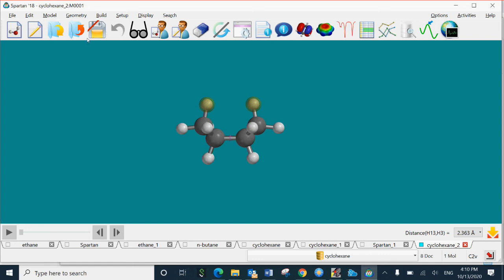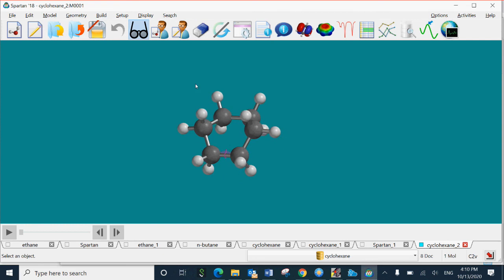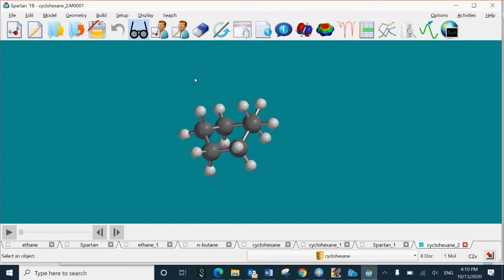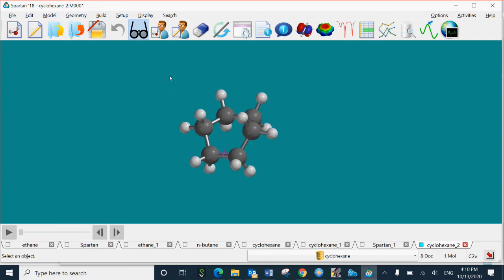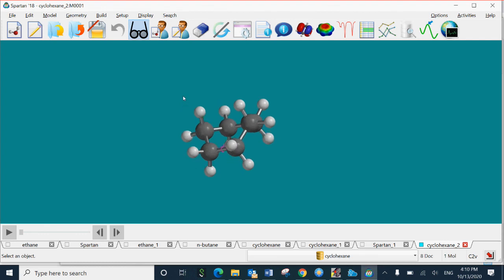Another thing, you need to find the number of eclipsing interactions in the boat conformation. Here also you need to orient the 2 hydrogens, adjacent carbons, one behind another. In this case, this carbon and this carbon I am aligning, and you see around these 2 carbons, is there any eclipsing interaction?